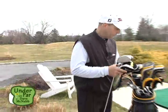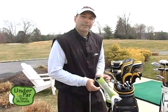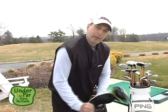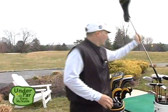carrying distance. I would encourage anyone that has not been on a launch monitor, if you're getting fit for clubs, if that's available to you, that's the best option. You'll see a lot of the technology on tour now where they talk about ball speed, launch angle, and spin rates. What they're trying to do is optimize the amount of spin on the golf ball and the angle that it's launched at in order to increase distance and rollout upon the ball landing on the ground. That's how you can increase your distance and also be a little bit more accurate if you can optimize those